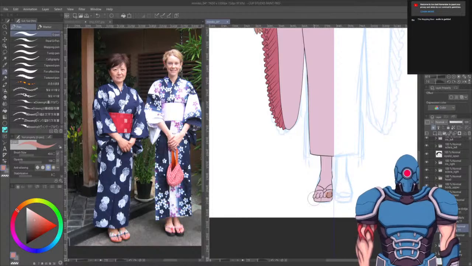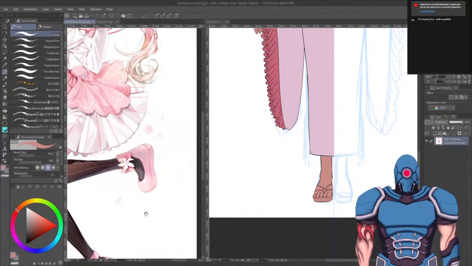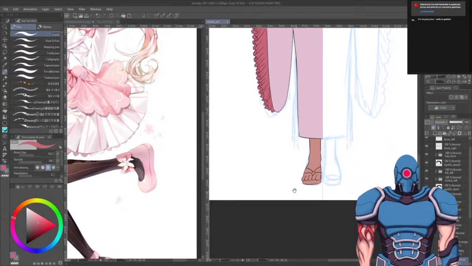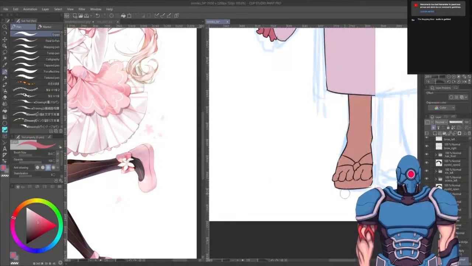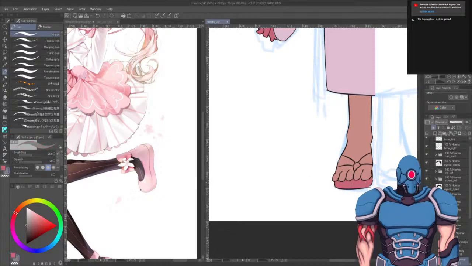Coloring for the foot. And let's color the slippers. Let's use Mimiko's shoe color. Oh yeah, it's pink. So I guess this should be good. Come to think of it, let's use both. Let's use pink. And